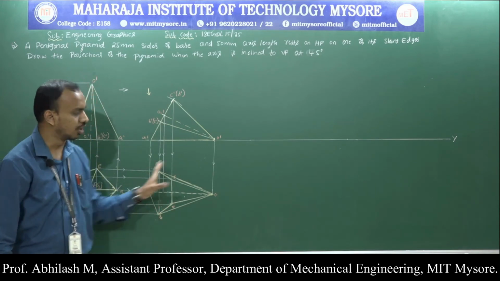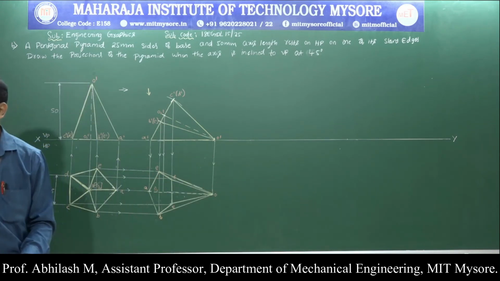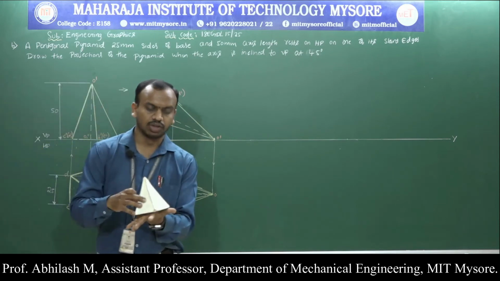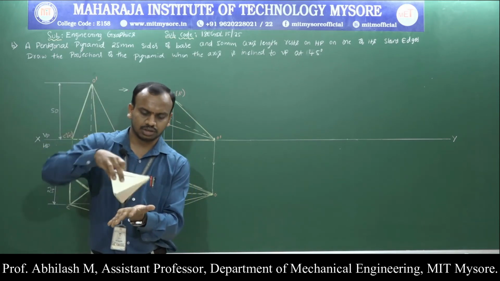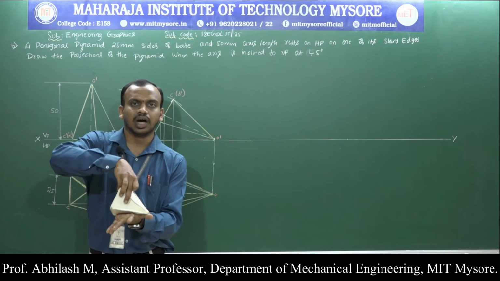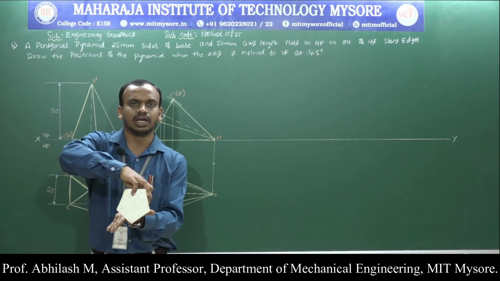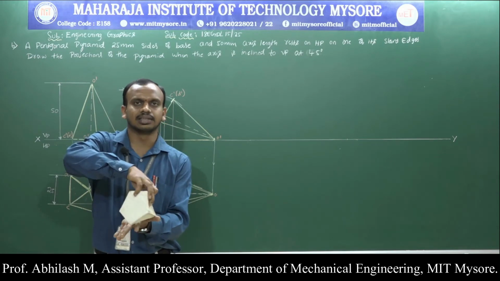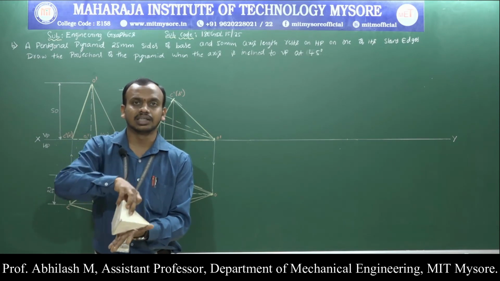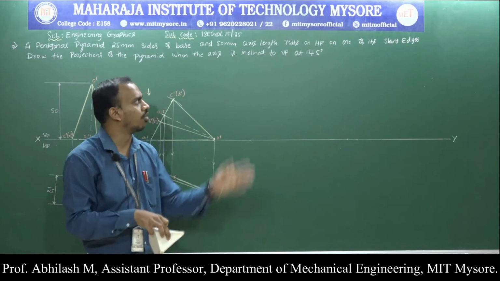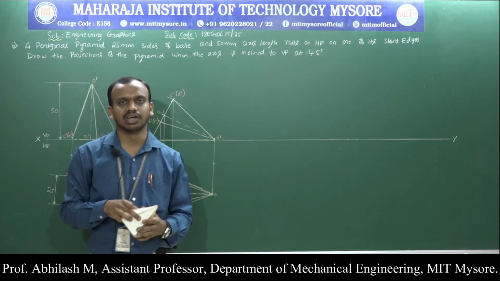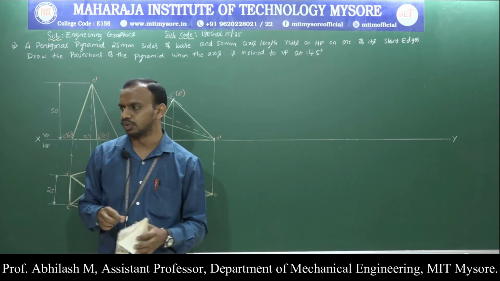Now we are supposed to move to the next position, where they state that it was initially at this particular position, then we have rested on the slant edge. Now they are stating that the axis is inclined at an angle of 45 degrees. There is a change in the axis length, where it indicates us to calculate the value of beta for the given condition. For that, what are we supposed to do?